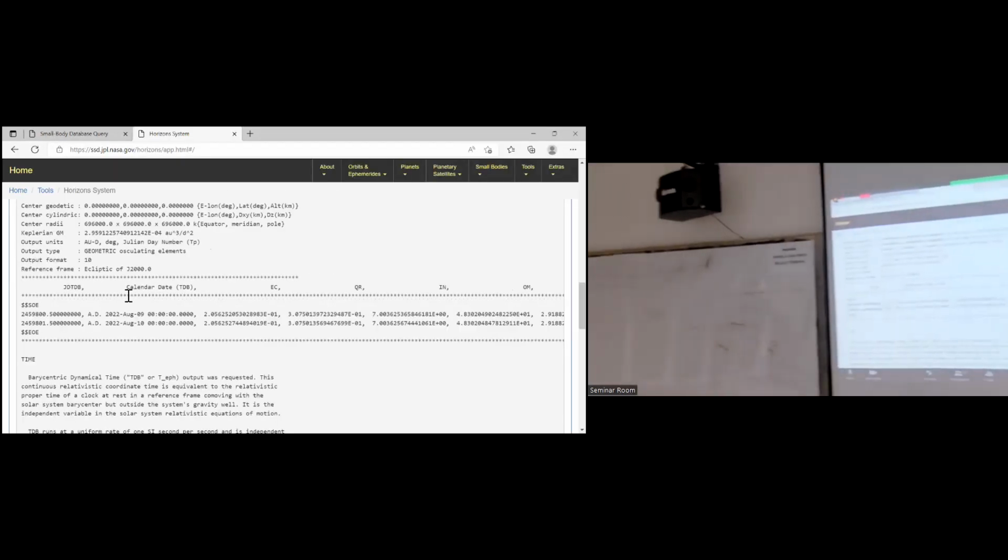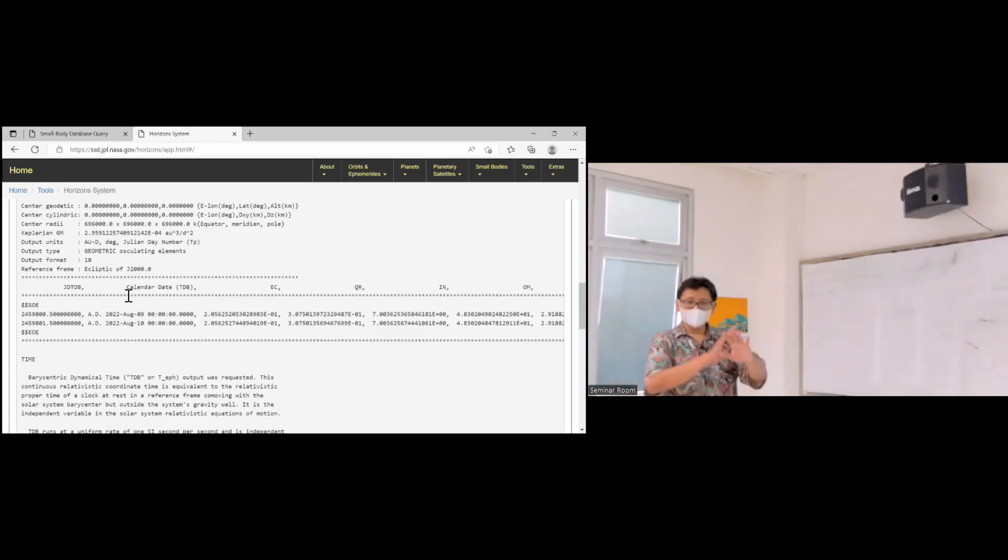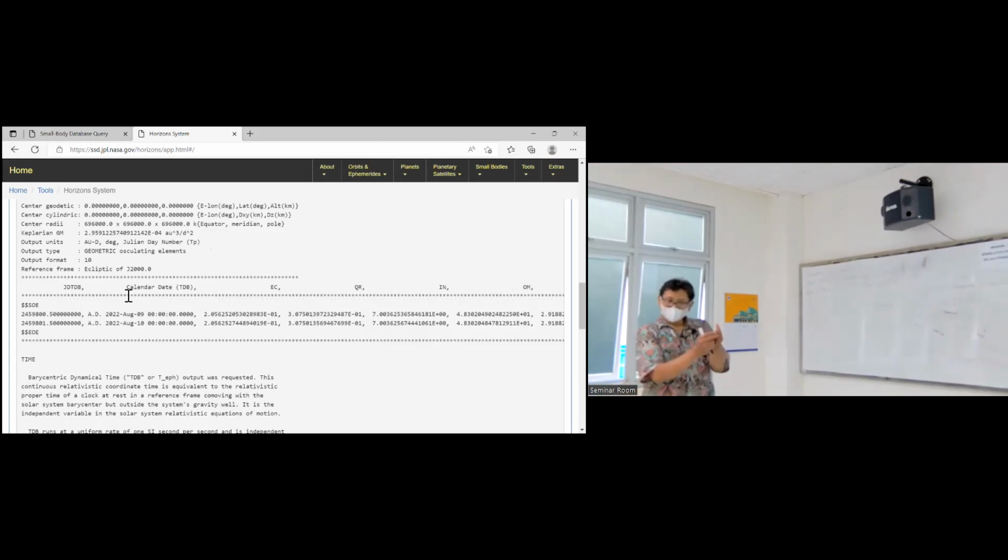But among small bodies, there is no gravitational attraction. It is assumed.